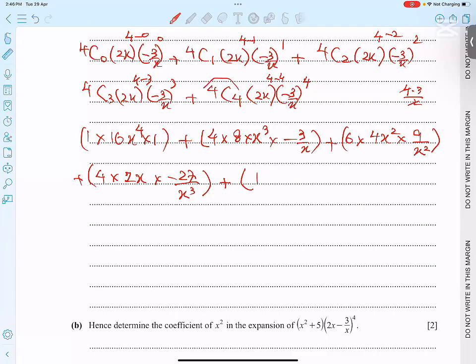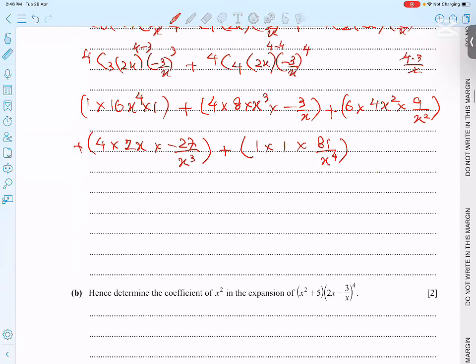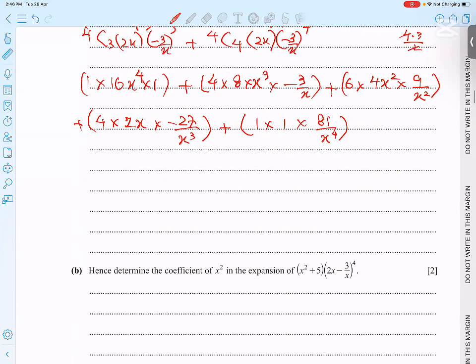4C4 is 1, because when the upper number and lower number are the same, the answer is always 1. And 2 to the power 0, this is 4 minus 4, 0, so this is also 1. And negative 3 to the power 4 is 81 over x to the power 4. Now students, it's just a matter of writing. Okay, so finally 16 x to the power 4 times negative 3, this 3 12, 96, we got 96,